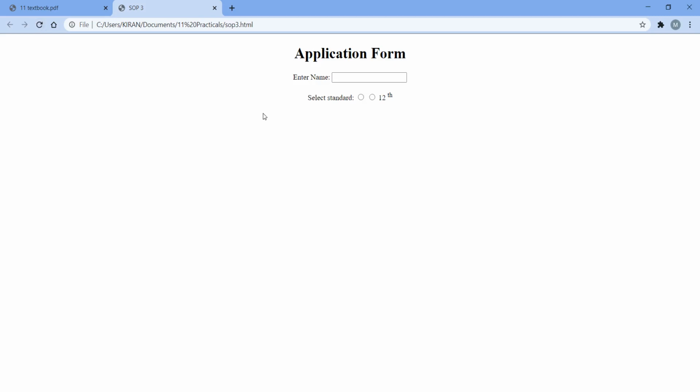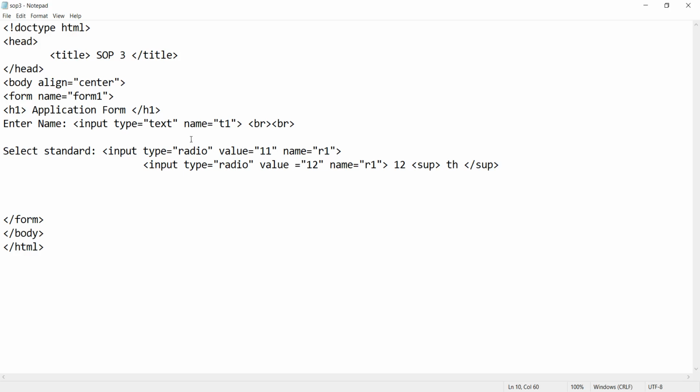Okay, see, there is no value in front of this radio button. So out of that radio button, that value should be displayed, or an option should be displayed showing what the radio button's value is. So for that we have to display that value outside of that input tag. It is just for display purposes.